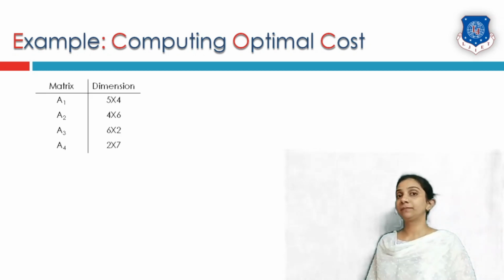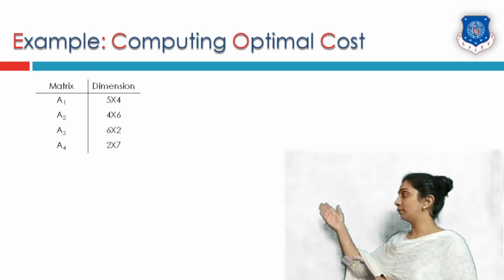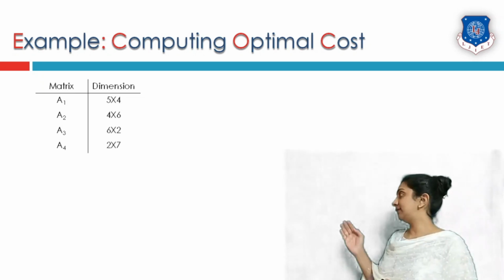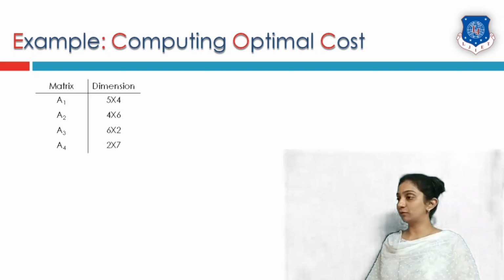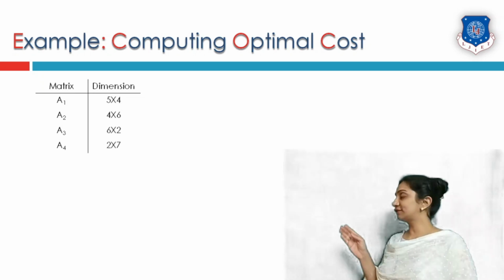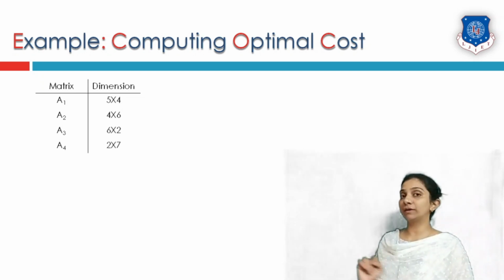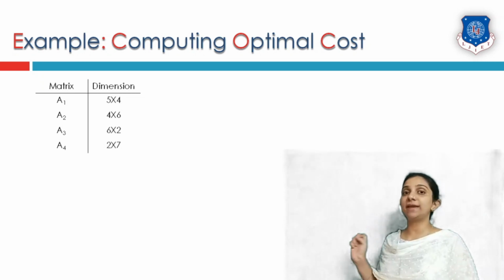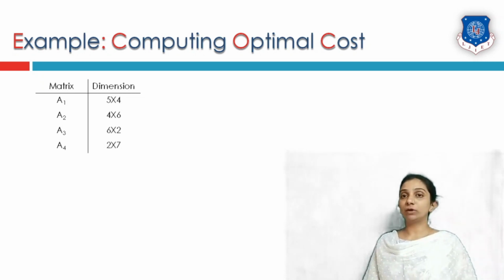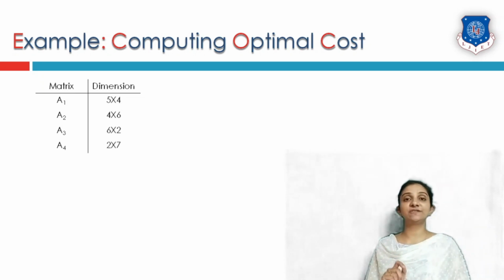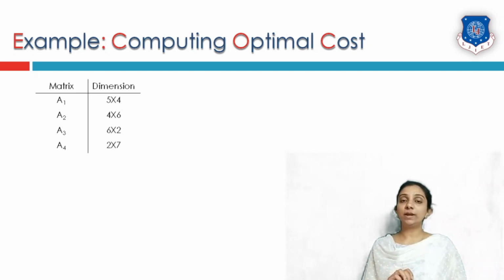of an example. So this is my example where 4 matrices are given: A1, A2, A3 and A4, and their dimensions are 5 cross 4, 4 cross 6, 6 cross 2 and 2 cross 7 respectively. Now these are going to get multiplied in the order A1 into A2 into A3 into A4. And what is the optimal cost of multiplying these matrices? That means I have to find out how many multiplications in total we have to do in order to